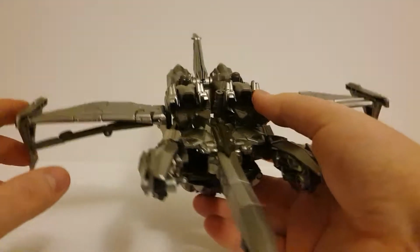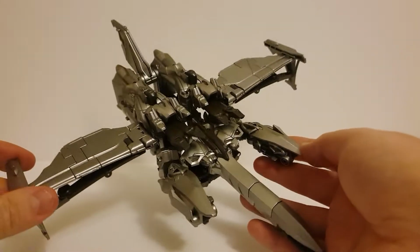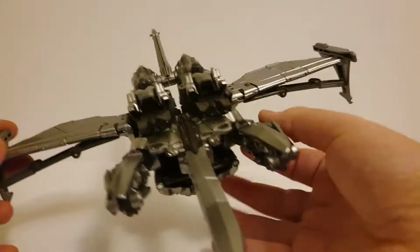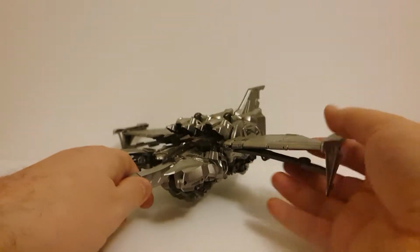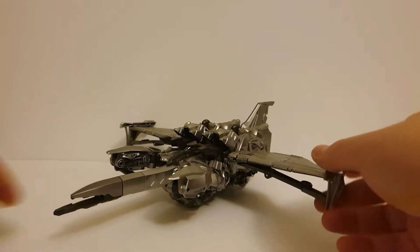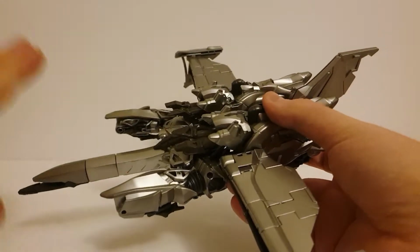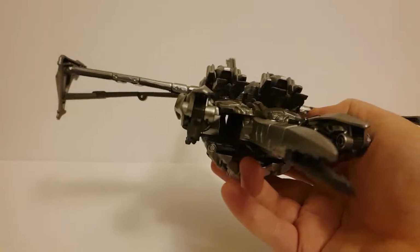So yeah, vehicle mode, it's not so bad. It looks like what it's meant to be, and it's nice and blocky, nice and hefty, nice and big. So big I can't really fit it into my background properly. That's about the best we're going to get. But yeah, so we'll move on from here to transformation. It's been a while since I've done this, so forgive me if I'm a little rusty, but I think I'll start